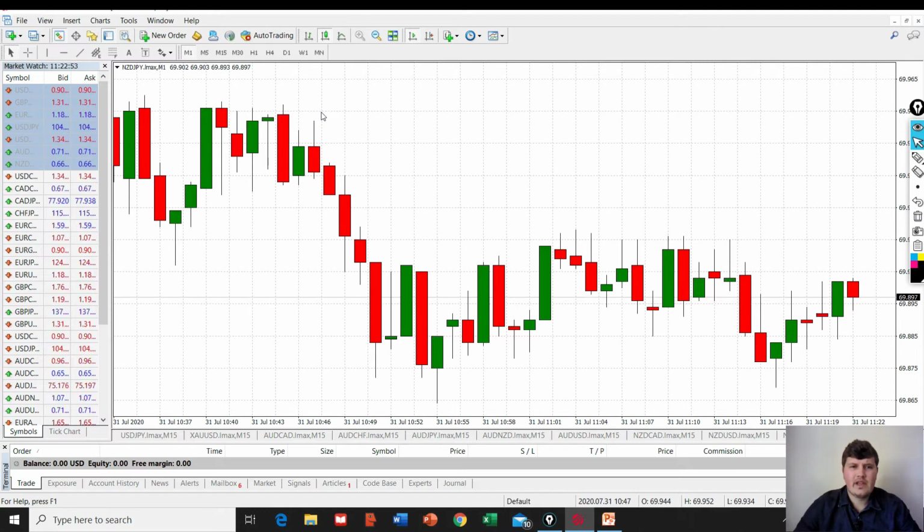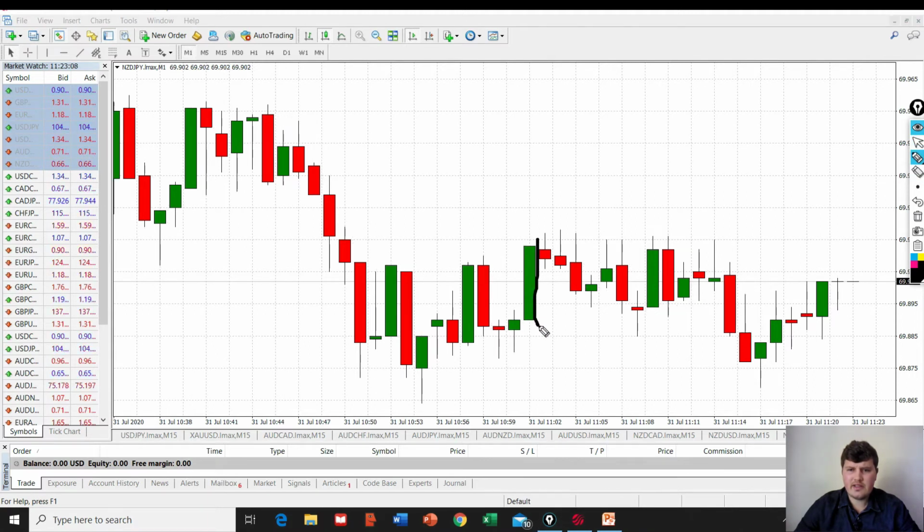Now each candlestick is for a certain time period, and the time periods you can choose above here. So this is a minute 1 time frame, meaning that each one of these candlesticks is 1 minute. So after this one has closed, then after a minute the next one